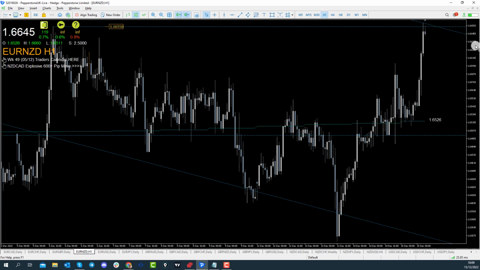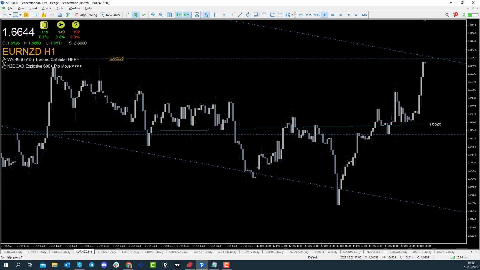the upside. So if I go to the hourly time frame, for instance, you can see that price has started to find a little bit of resistance here. However, because the tables are telling us that there could be an opportunity for Euro Kiwi to remain bullish, we may see a couple of different options here. For instance, if price pulls back to the 165.90, which are these previous highs here, we could find some support in and around that area, which could give you a very short-term opportunity, especially if you're day trading the markets at the moment. You could look for a long from the highs in and around this area here for a